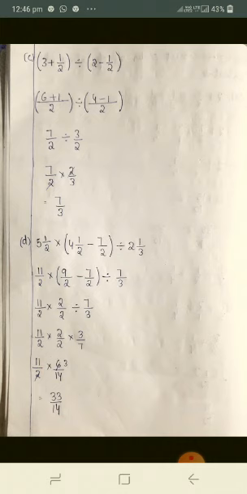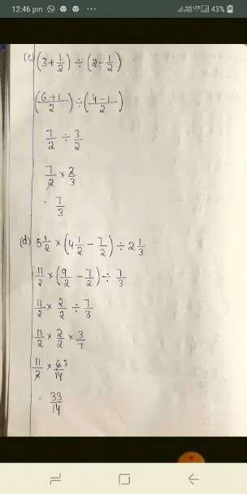11 by 2 and 2 by 2, between them into is there. 2 by 2 and 7 by 3, between them a division symbol is there. So first you have to solve the division. 11 by 2 into 2 by 2, divide will become multiply with the reciprocal of 7 by 3, which is 3 by 7. Now you can simplify in both ways. 2 2s you can cancel and 11 3s are 33 by 2 7s are 14 will come.